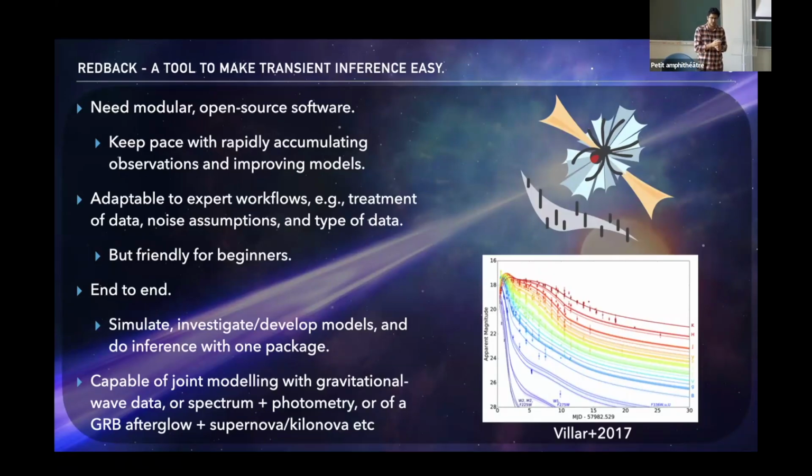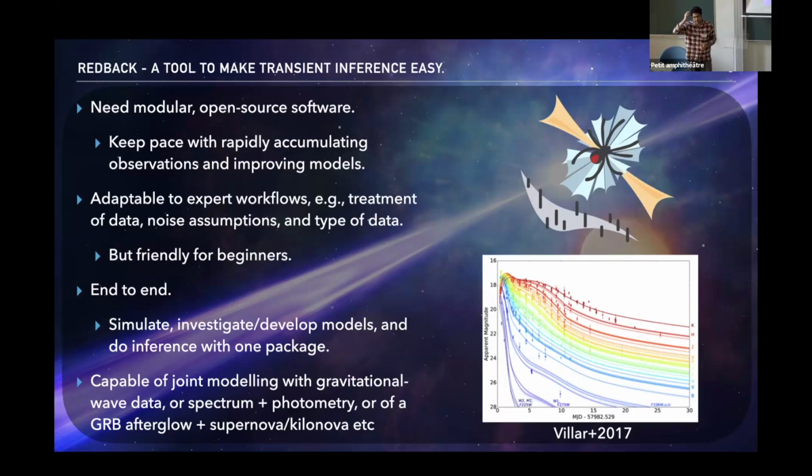So you want to be able to validate whether the whole package is working properly, whether the whole infrastructure is working properly. You want to go all the way from simulating as realistic observations as you can, all the way to fitting, all the way to the science that you want to interpret. And you want to see if it's all validated correctly, so when the real thing happens, you can be sure that it's right.